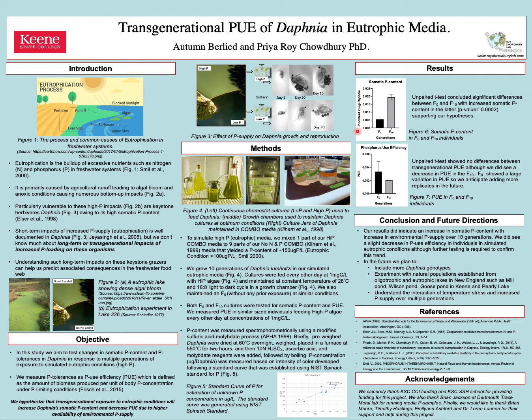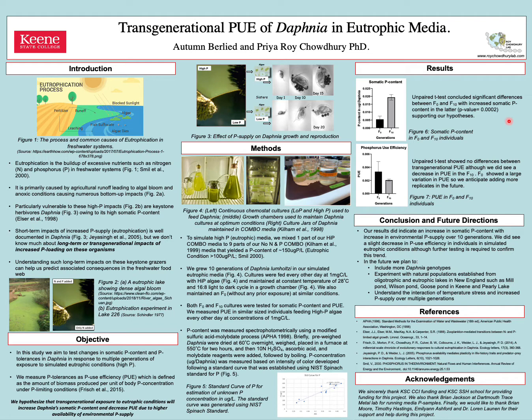Following Beer-Lambert's law, the intensity of the color is directly proportional to the amount of phosphorus present. We then use a standard curve, as you see in this picture, obtained from running known quantities of NIST spinach standard for P to estimate the P content in our unknown media. And this is a condensed methods section. So if you would like to know exactly step by step the protocol that I use, I encourage you to check my references. So to analyze our data we obtained from these experiments, we performed an unpaired t-test right here